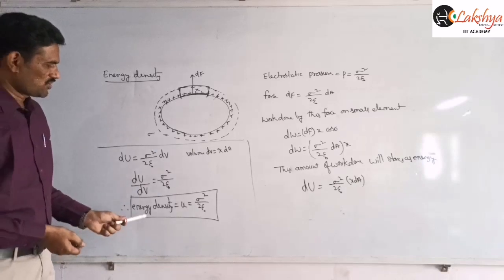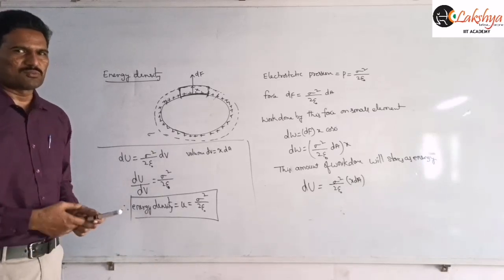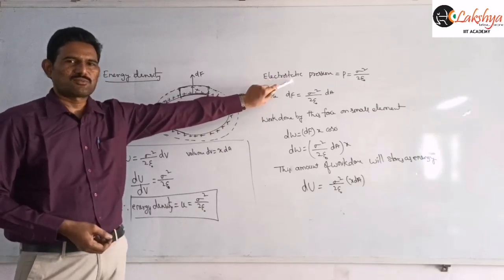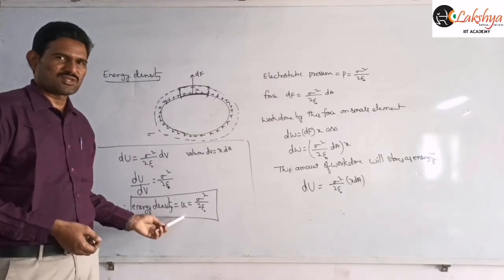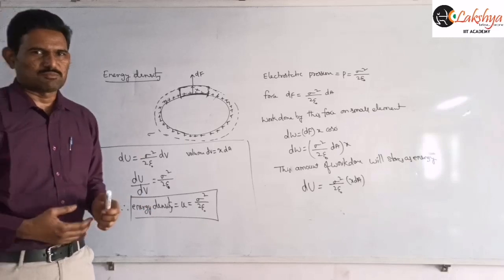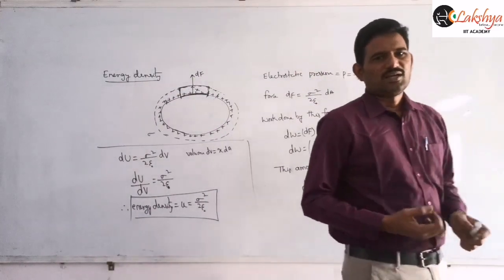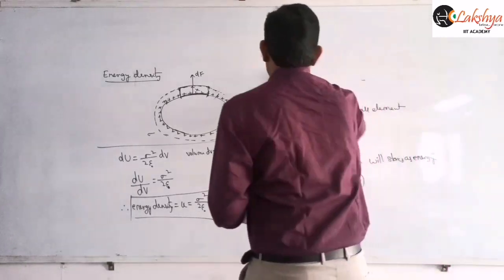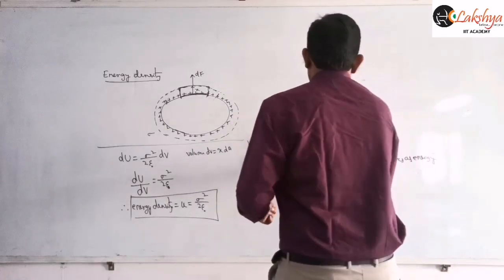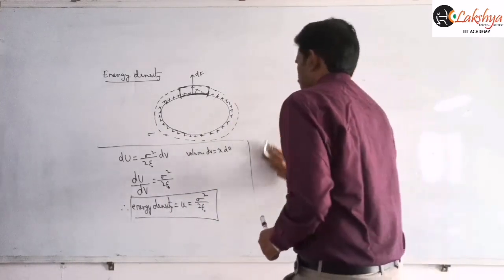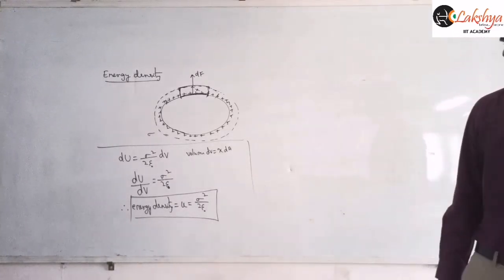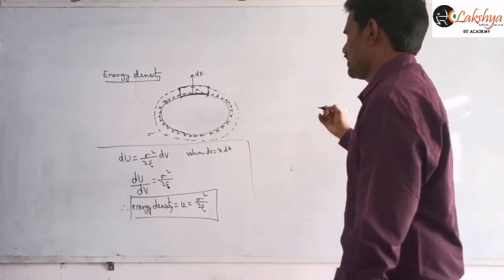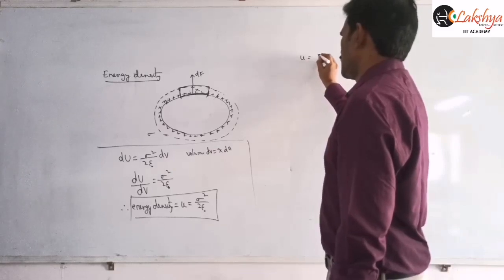Now here one more thing you can observe: this energy density expression is the same as that of electrostatic pressure. Electrostatic pressure we write the same, and energy density also we write the same, right? That means they are numerically the same. Mention that point also. We can also express this in terms of the field. So mention that energy density and electrostatic pressure are numerically the same, with the sigma square by 2 epsilon naught expression.